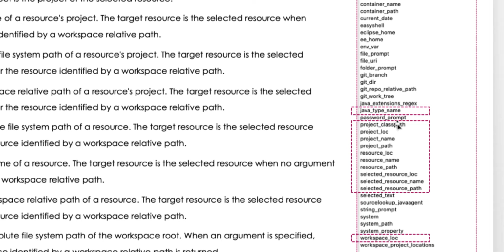This is very, very important when we configure an external tool to run a native image, because we have to tell it all the directories on the class path, all the dependencies of our Java project, and all you have to do is use this environment variable inside Eclipse. Project location, project name, project path, resource location, resource name, resource path, selected resource location, selected resource name, selected resource